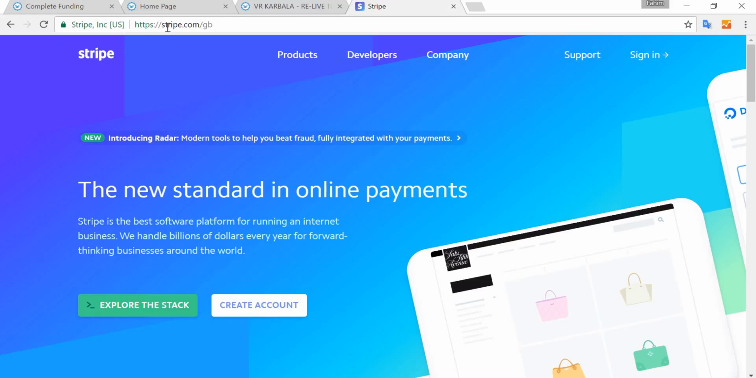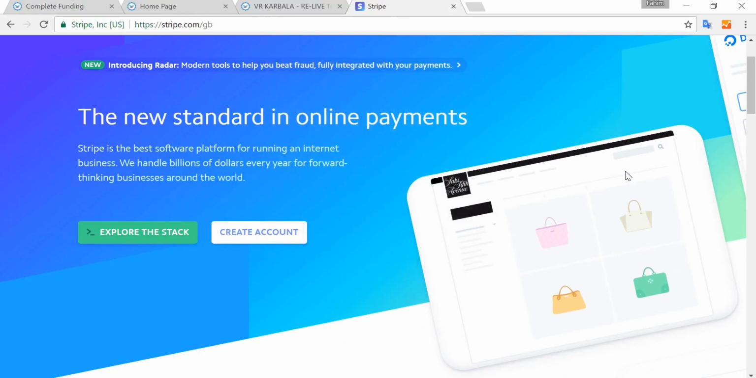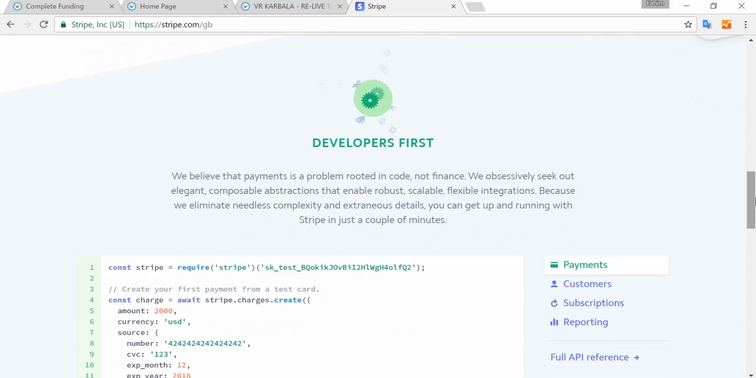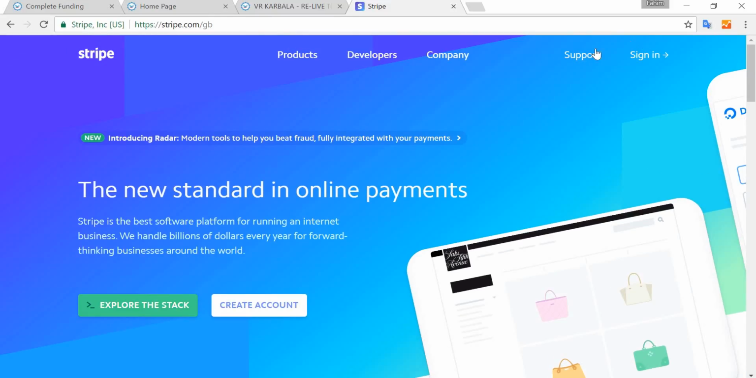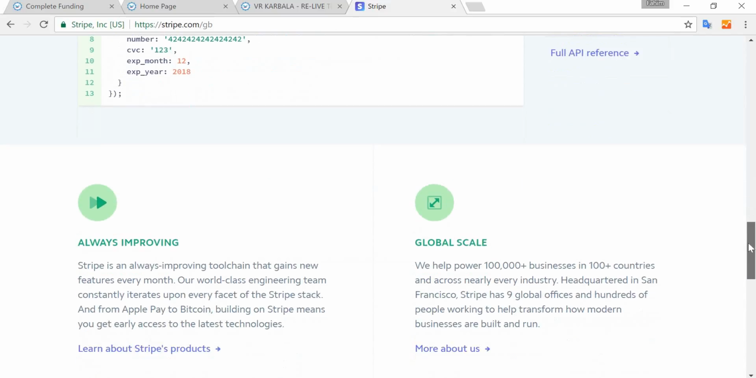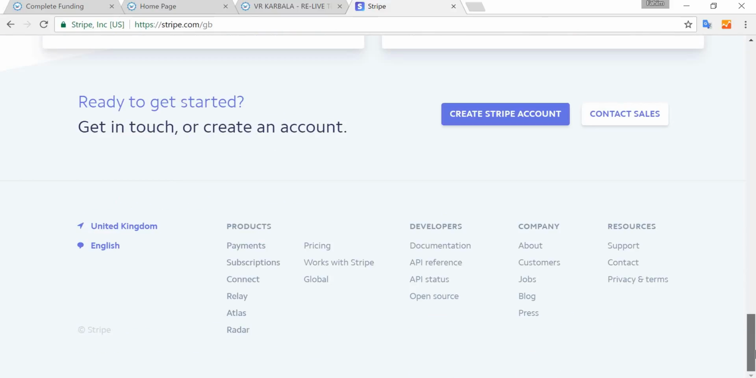You can go to stripe.com and find out what services they offer. You need to create an account here in order to be able to receive the funds to your personal bank account or to your charity or company bank account. At the moment, Stripe is only available in certain countries. So if you click on global